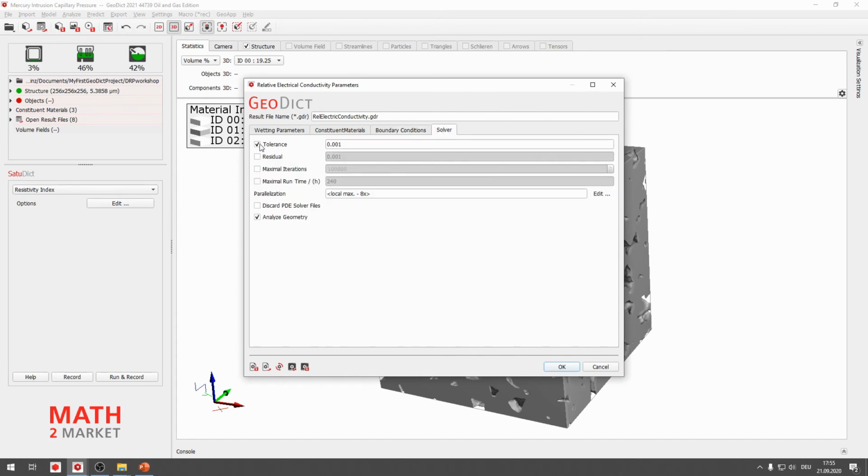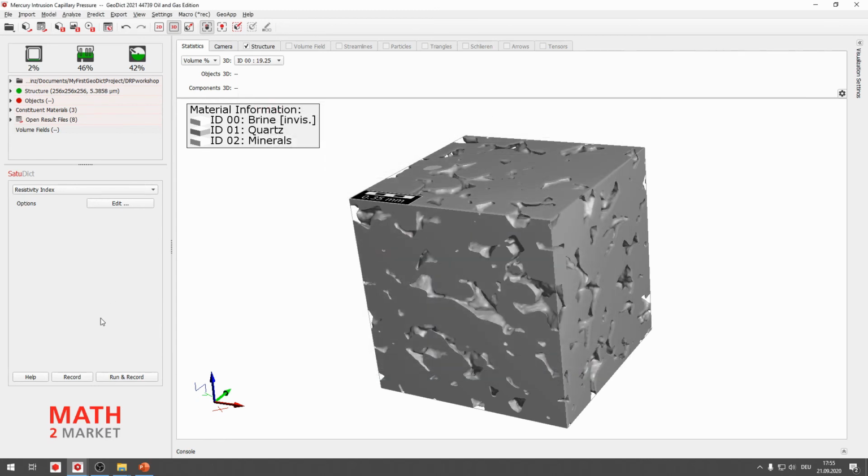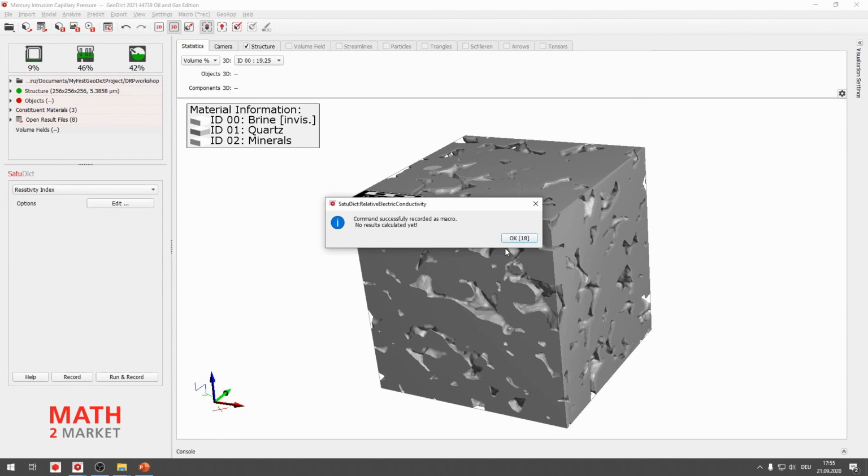In the solver, we don't have the Lear solver available right now, so we can go with the tolerance settings. The default is quite usable here. So perfect. And we click record to save our settings for the resistivity index computation. Click record. Okay, perfect, successfully recorded as macro.